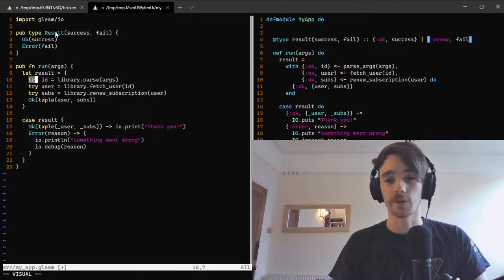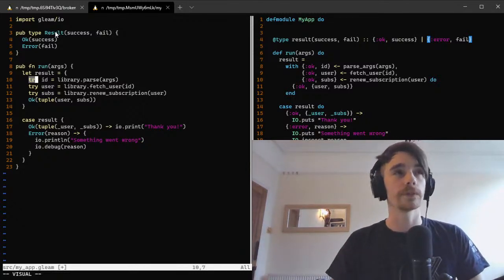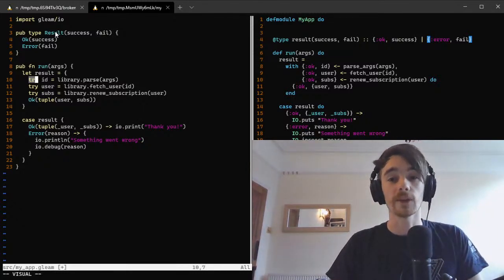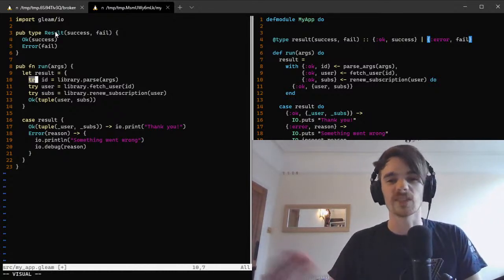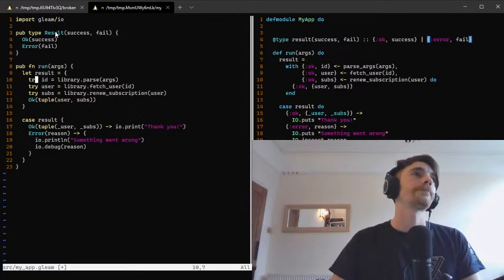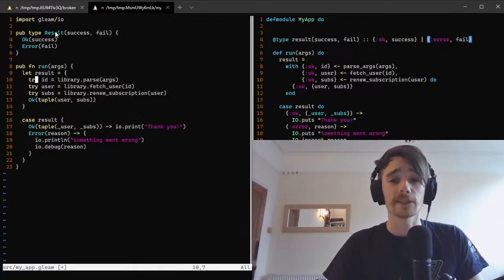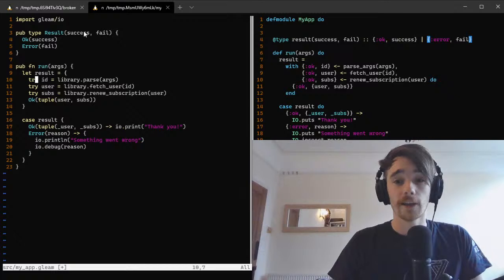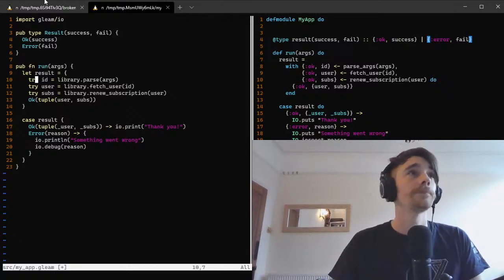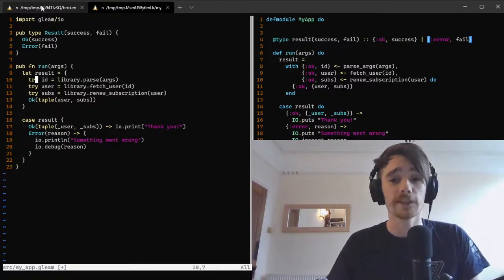We've got to fix it before we can continue, which is really helpful because it means that we can have a little more confidence in what we're doing, and maybe we don't have to write quite so many unit tests, and we can iterate a little bit faster, I hope. So there you go. That's the difference between with and try. They're quite similar things, really. But it doesn't have an else clause.